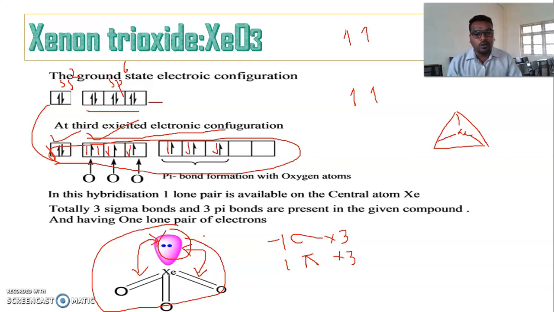Due to the lone pair-bond pair repulsion, instead of trigonal geometry, it attains a pyramidal shape. So this is a pyramidal shape, with xenon present here and oxygen at the corners of the pyramid. So pyramidal shape instead of regular